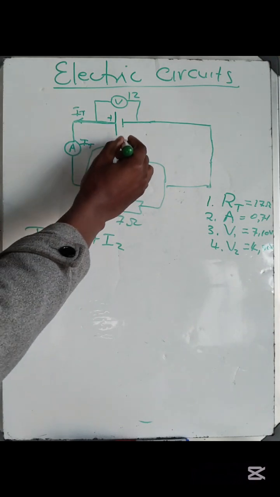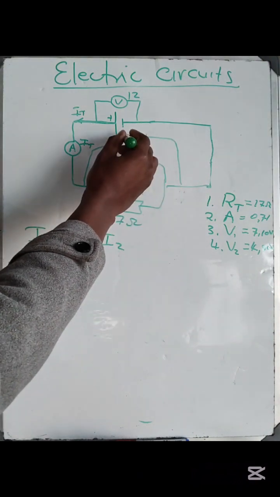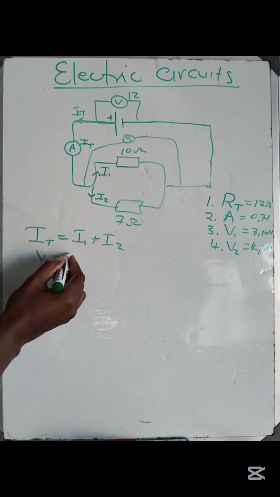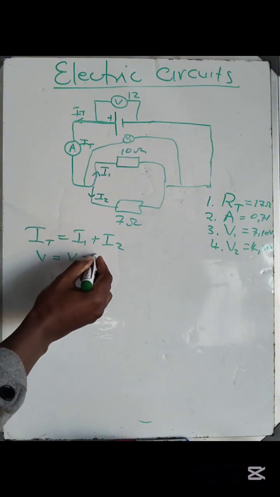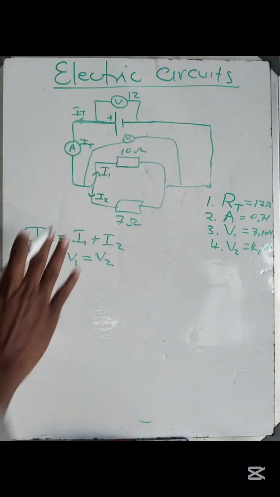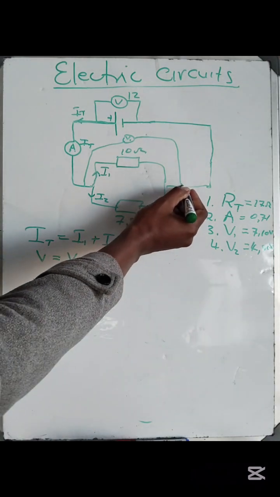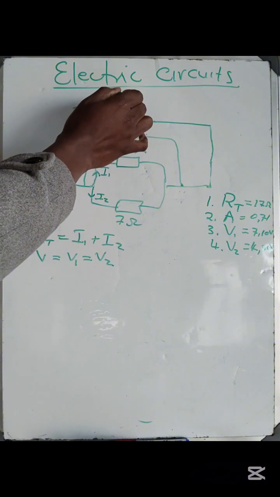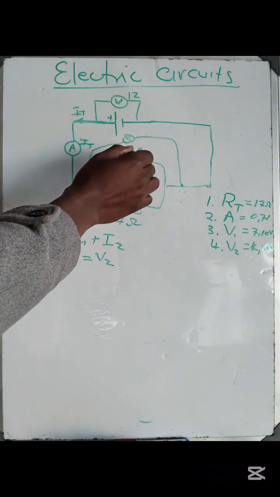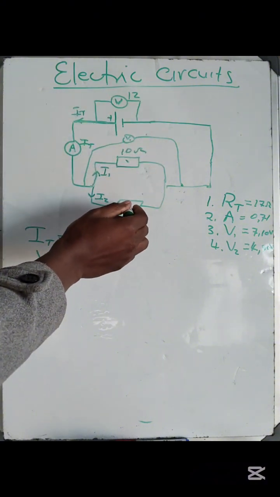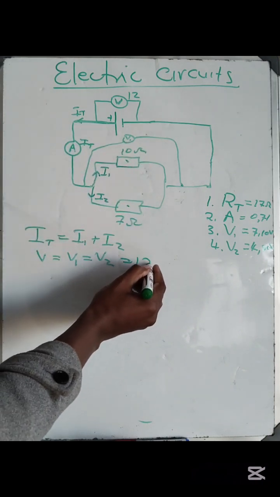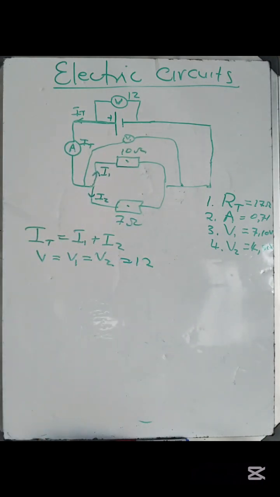let's say for example we have V1 here, we have V1 here. So V is equal to V1, and if there is V2, it is equal to V2, because we have only the parallel combination, okay? So the voltage across each branch is the same, which is equal to 12, okay?